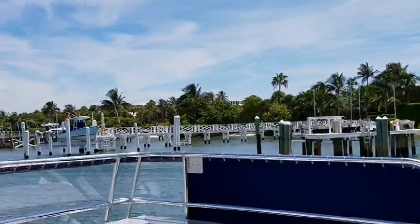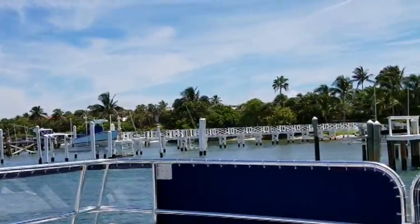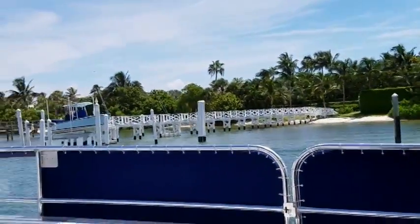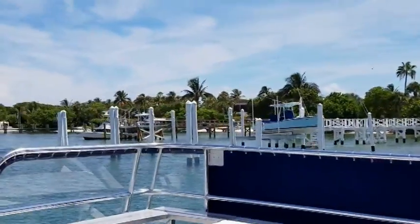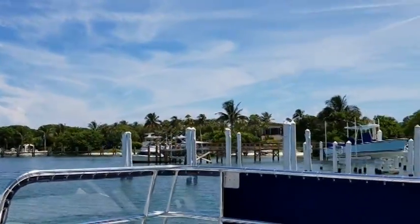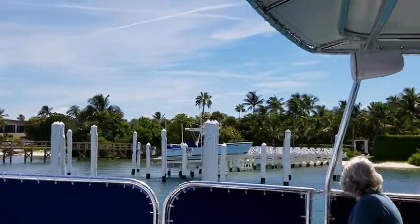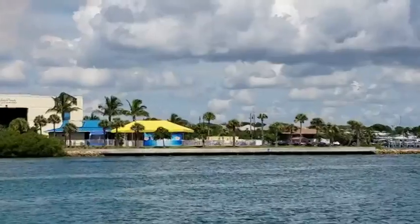Back when getting was good, these first 10 homes were between 15 and 20 million apiece. The second most recent sale down here, and unfortunately you're not going to see much of the house at all, is this white dock to my right with the little blue boat lifted up out of the water. That was Alan Jackson's place, the country music singer. The next one on